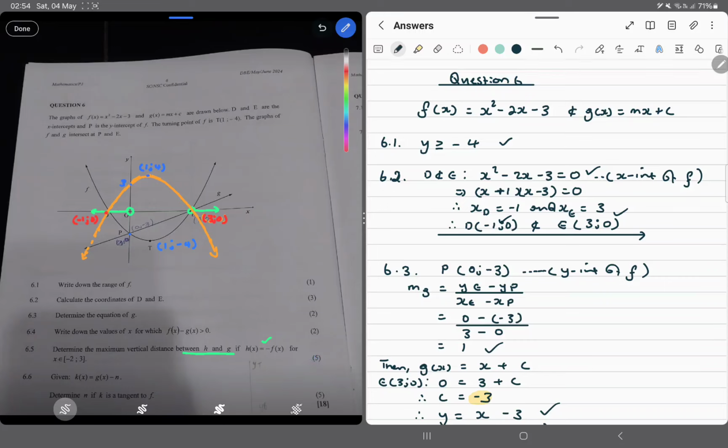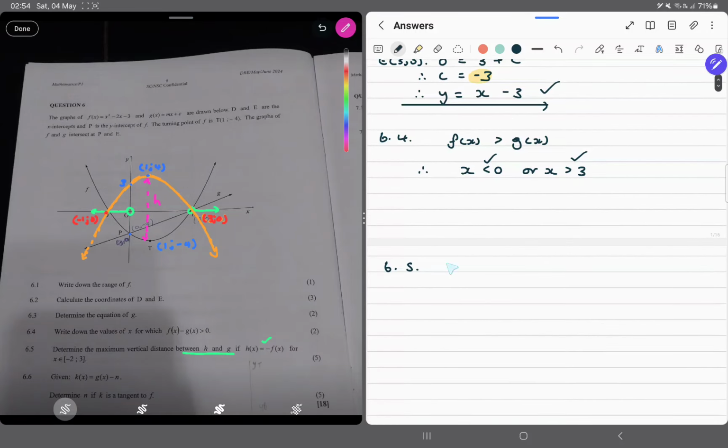So this is very easy. We just take the difference. So we can say this distance can be represented by, say, this line. We don't know what this distance is. This is the distance h. So let's have a look at this. So we know that h is basically the parabola. We can say minus f of x minus